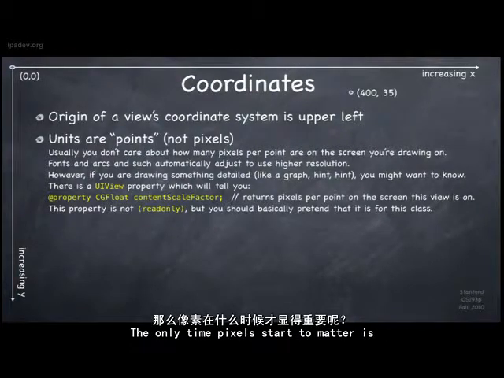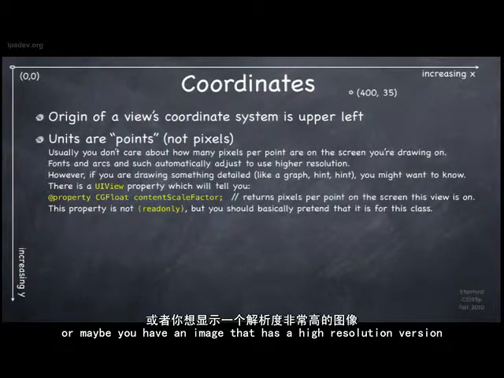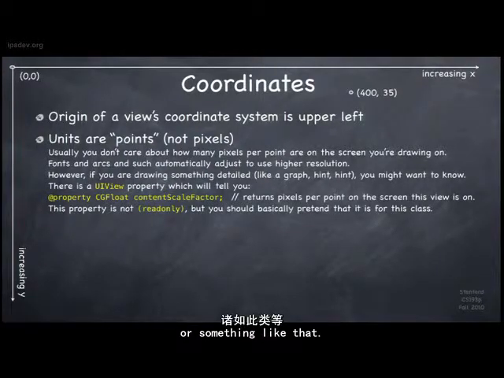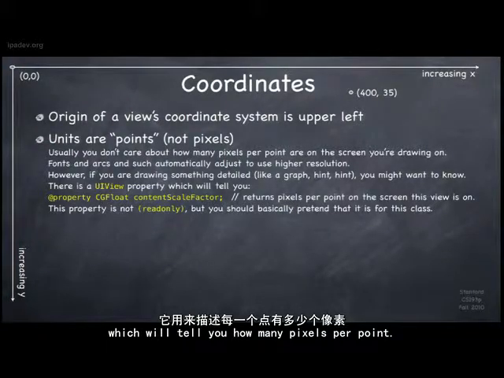The only time pixels start to matter is if you're drawing something very detailed, or maybe you have an image that has a high resolution version that you want to show. Maybe you're doing 3D graphics or something like that. Then it starts to matter. And there is this property in UIView called contentScaleFactor, which will tell you how many pixels per